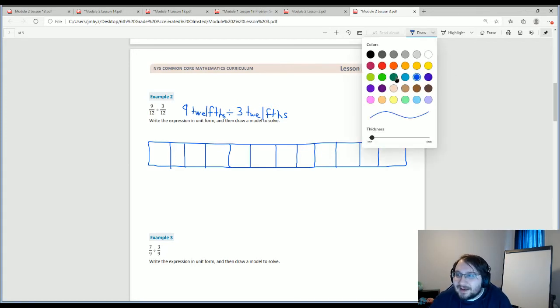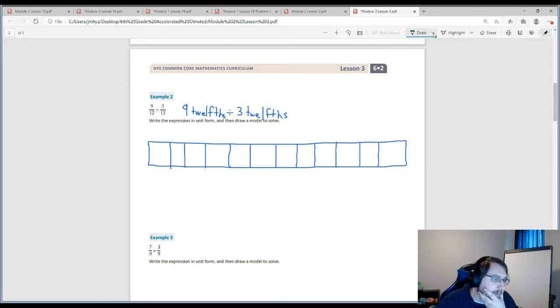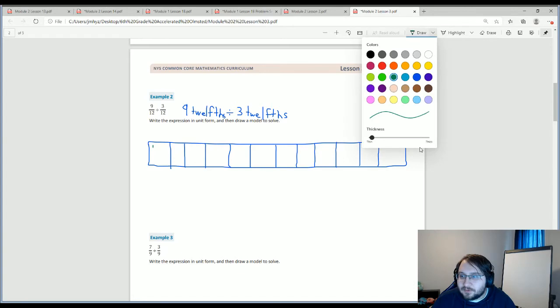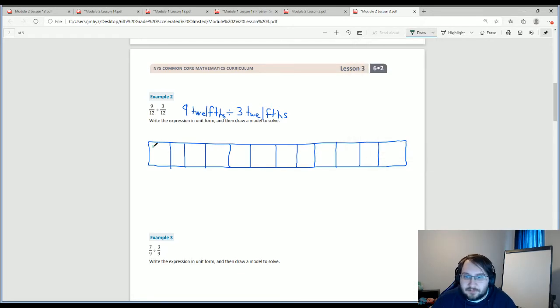And once again, I need to think about, well, how many pieces am I worrying about? How many pieces do I have to worry about on this one? Well, I have to worry about 9 because my first number is going to be 9 twelfths. So once again, I'm going to up the thickness of this so that it's easier for me to shade them in. 1, 2,